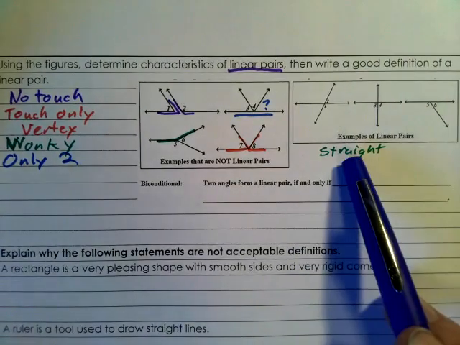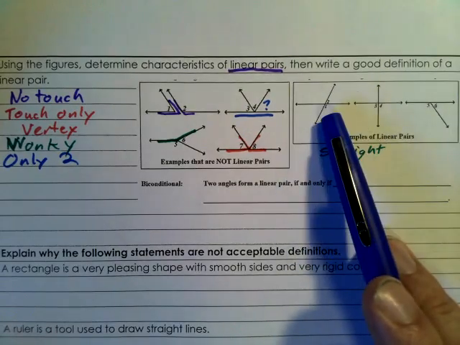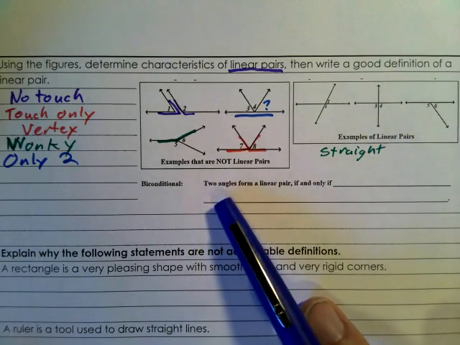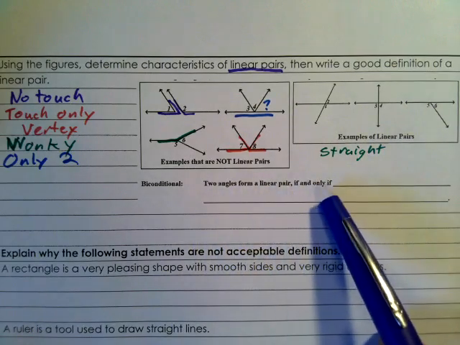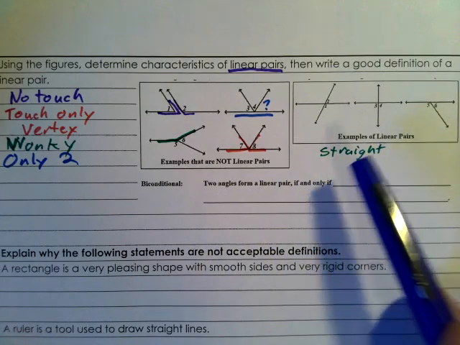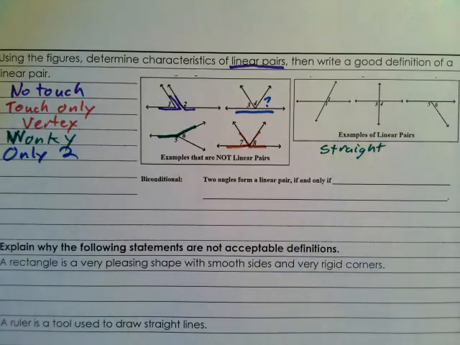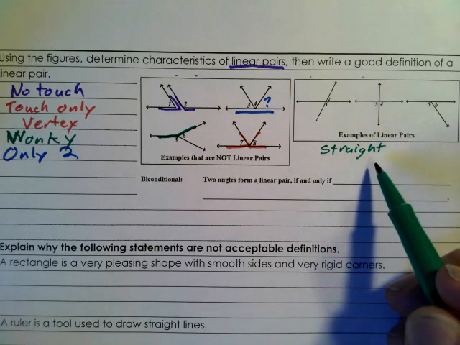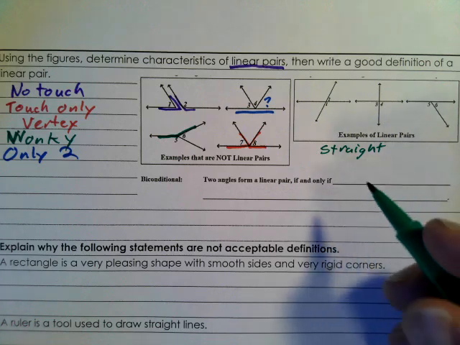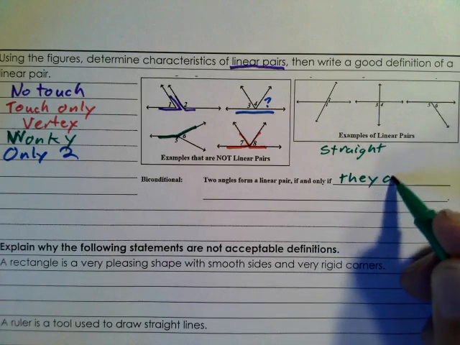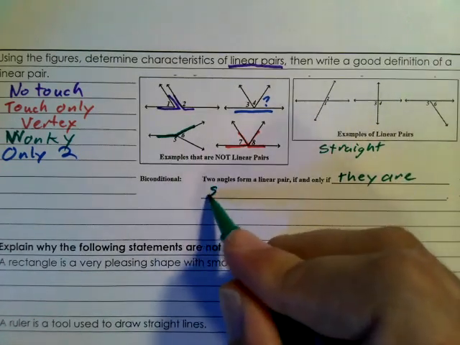So let's see. We want a straight thing. We want them to touch. And there should be only two. So two angles form a linear pair if and only if they make a straight angle. There was something that we used to represent the idea of straight: we talked about supplementary angles. If they are supplementary,